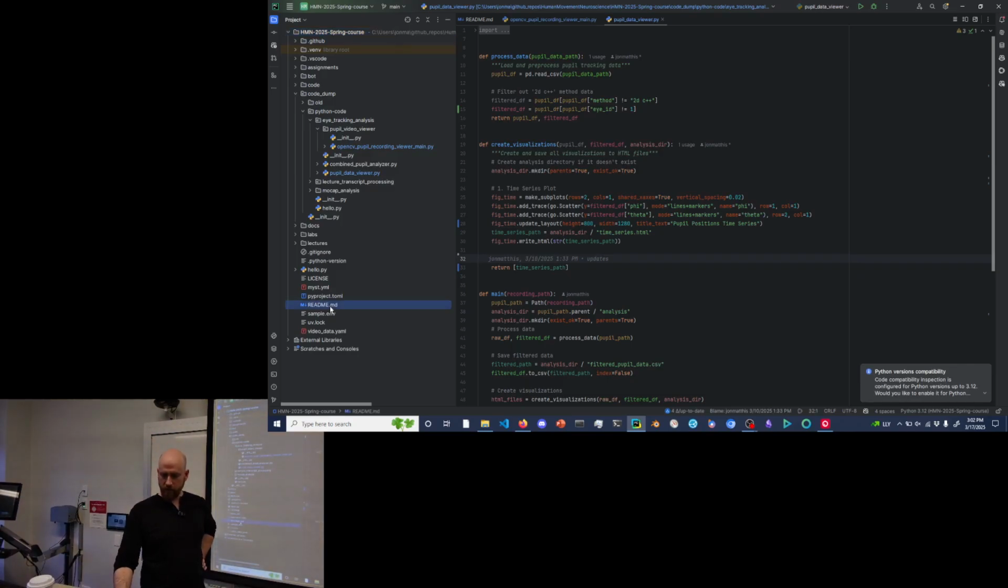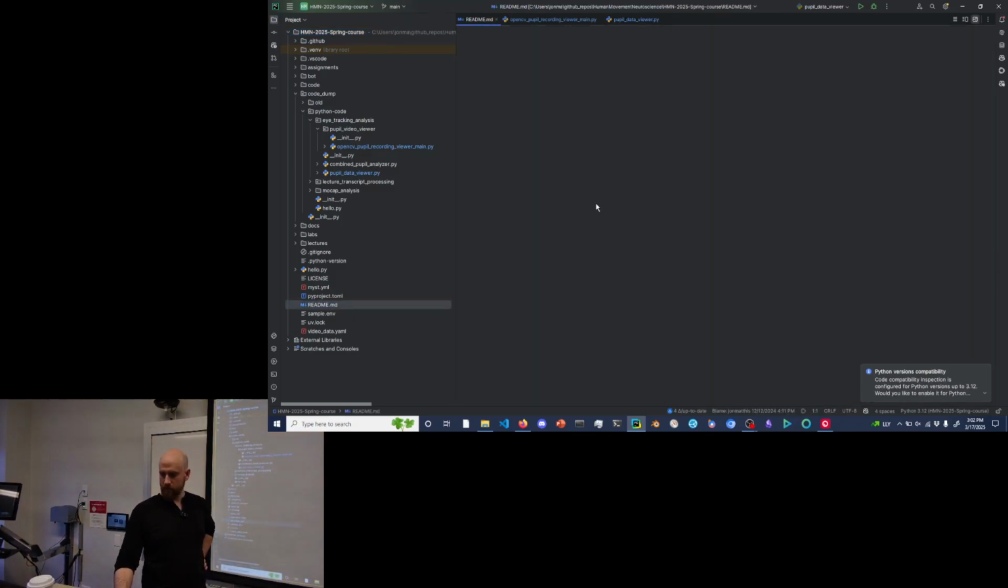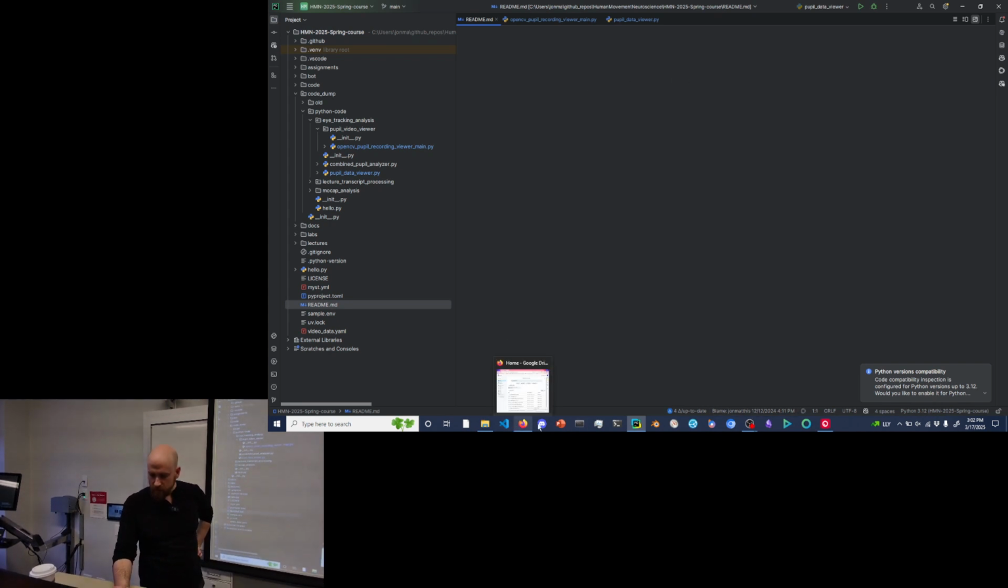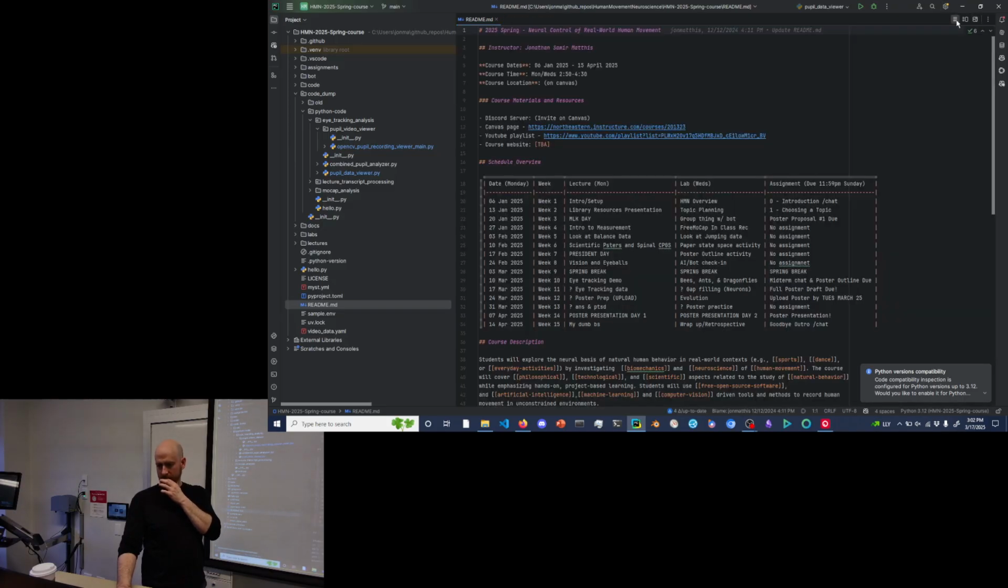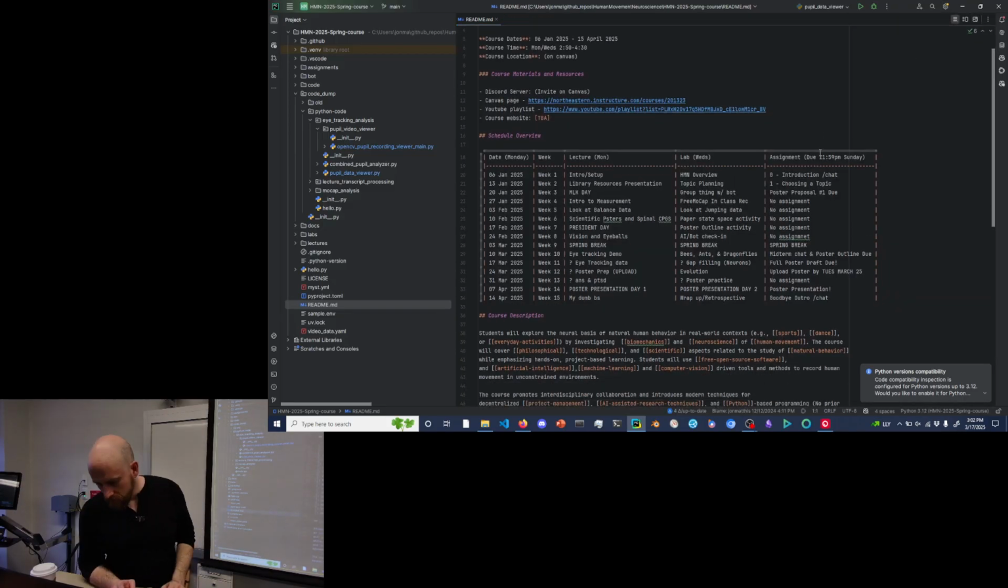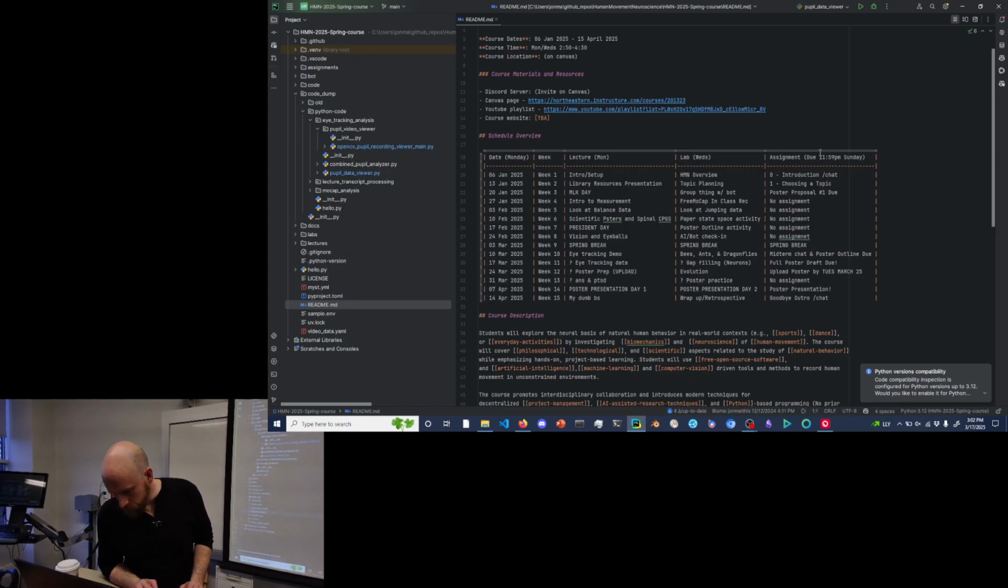Check in for class stuff. Computer's running slow as hell today for some reason. I'm not sure what I got running on it. I got a lot running on it, but. Okay, so